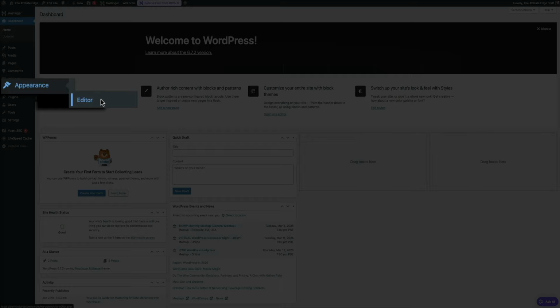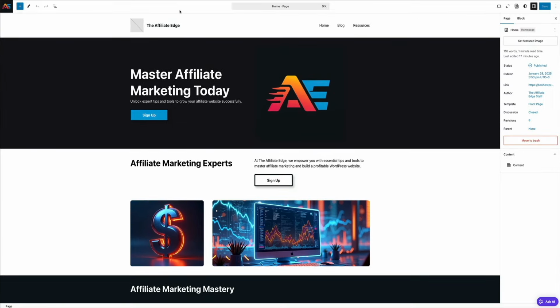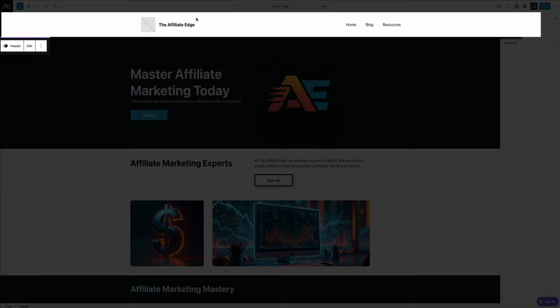This brings you to the theme customizer, and we haven't covered this too much just yet, but this is where you can make edits to global elements like your headers and footer. And one really cool thing about this template editor is that you can click on any element here in the customizer, and it's very similar to when we were editing blocks on the homepage. For example, when I click on the header, I can select it and we get the editing toolbar, just like we're editing a block. Then if you click on where it says edit, it takes us to the header element